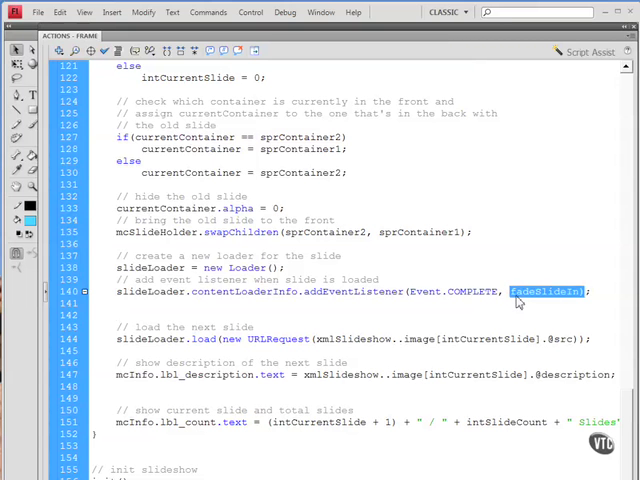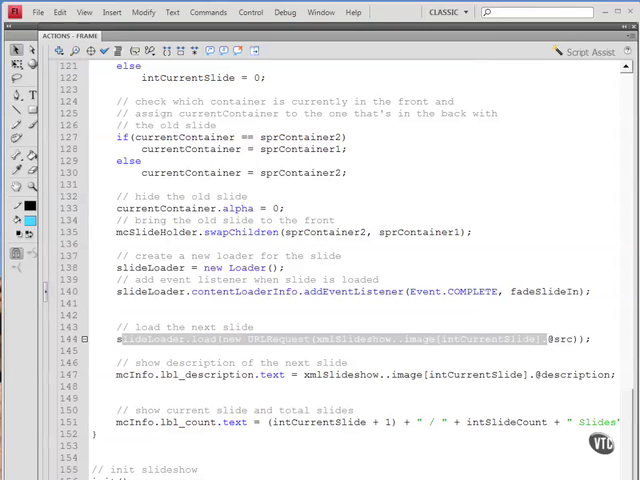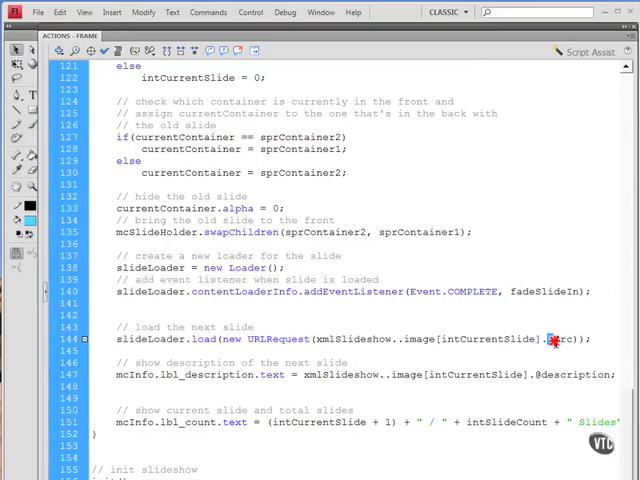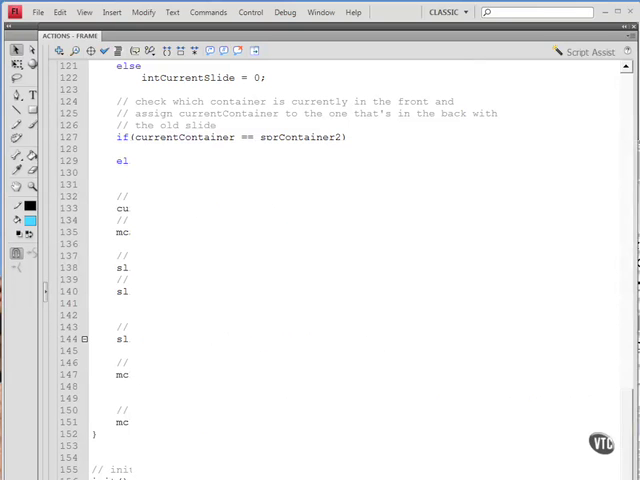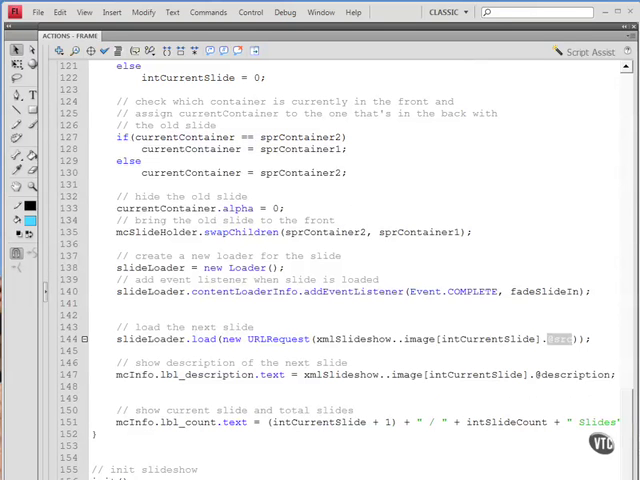The next line is a little bit tricky. We're going to add the picture with the URL request that contains the source path to the current image. Again, that source path is very, very important. That's the path to your XML file. Now that's picked up right here in that @source call. That @source call refers to our original XML file, that src tag right there. So that's very important. And then last of all, we show the description of the slide on the LBL description